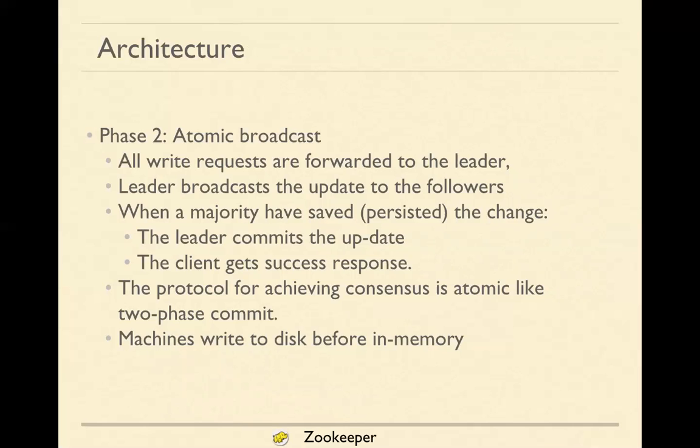Once the changes are done at the leader, the changes are forwarded to all others and they synchronize their state. When the majority have saved the change, the leader says, okay, commit has been completed, and the client gets a success response. The protocol for achieving consensus is atomic. Achieving consensus means checking how many nodes have saved and so on.